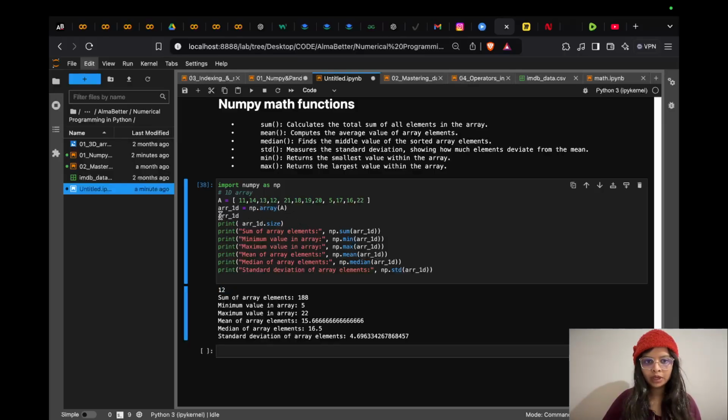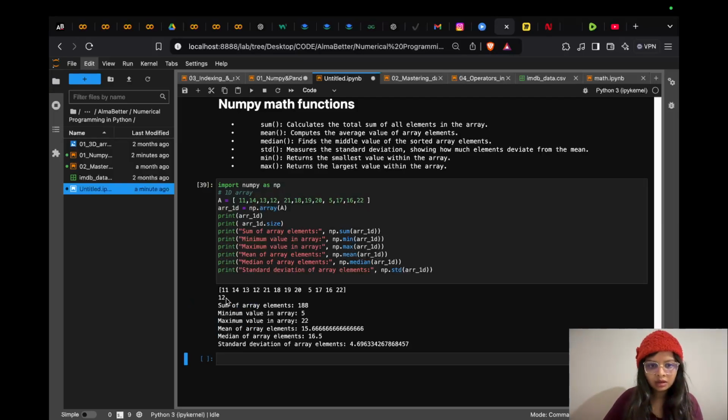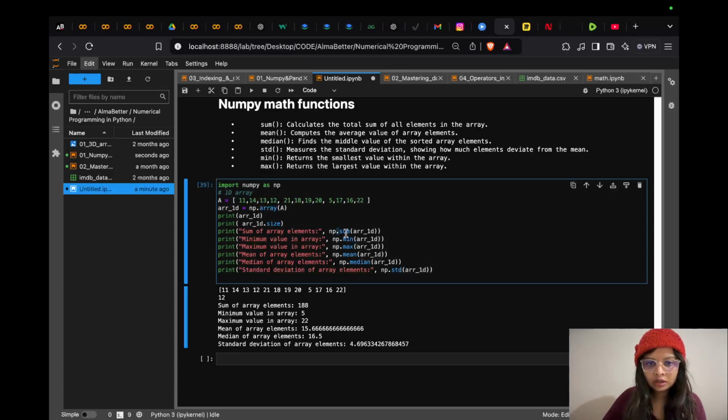If we want to print the array, we can print it also. Here it is my array containing 11, 14, 13 up to 22, and the total elements are 12. Here using np dot sum, we applied this function on array 1D,